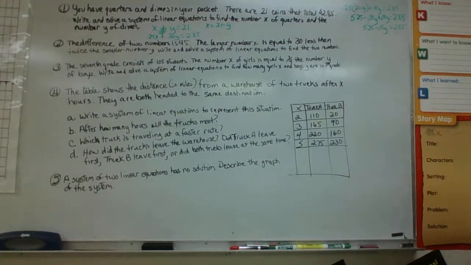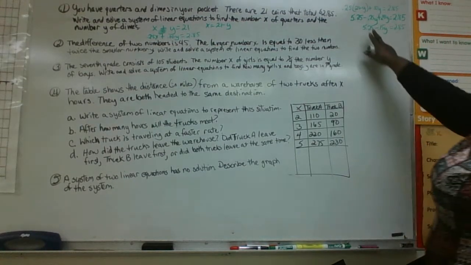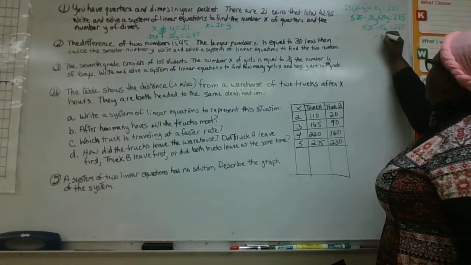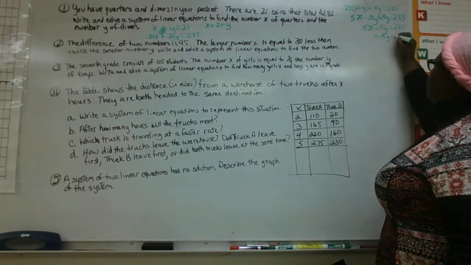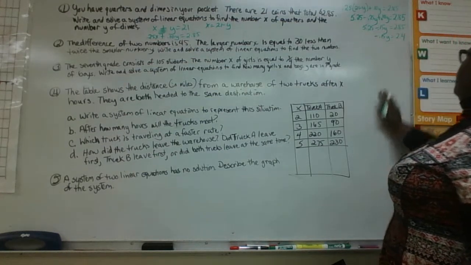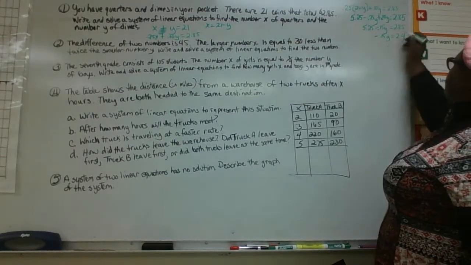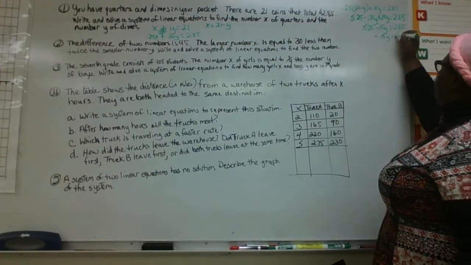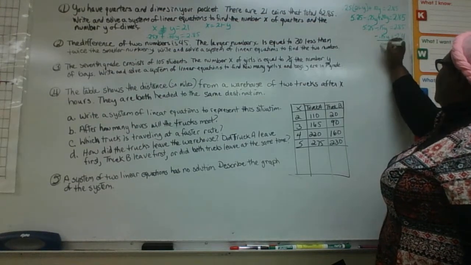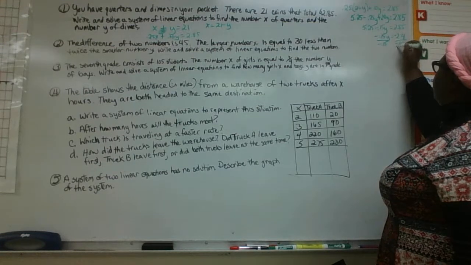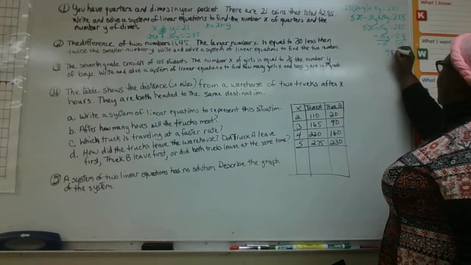So now we need to move the $5.25 over here, leaving us with negative 0.15y equal to negative 2.4. Then we're going to divide both sides. In this case, it's going to be negative because when we moved it, it became negative. We're going to divide both sides by negative 0.15, and we will discover that y is equal to